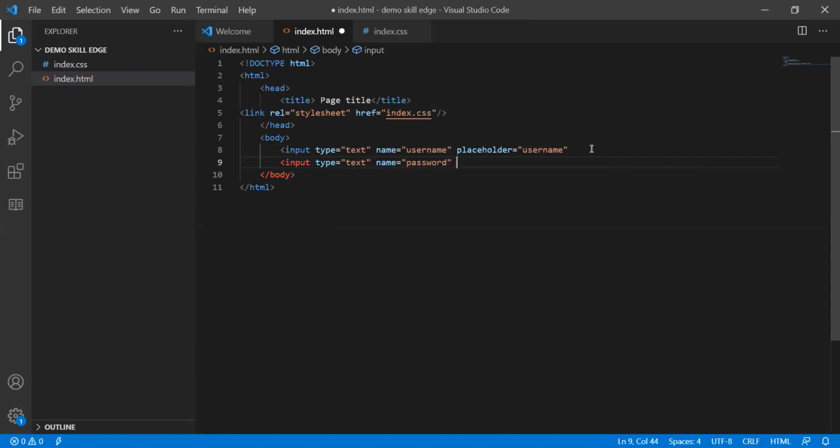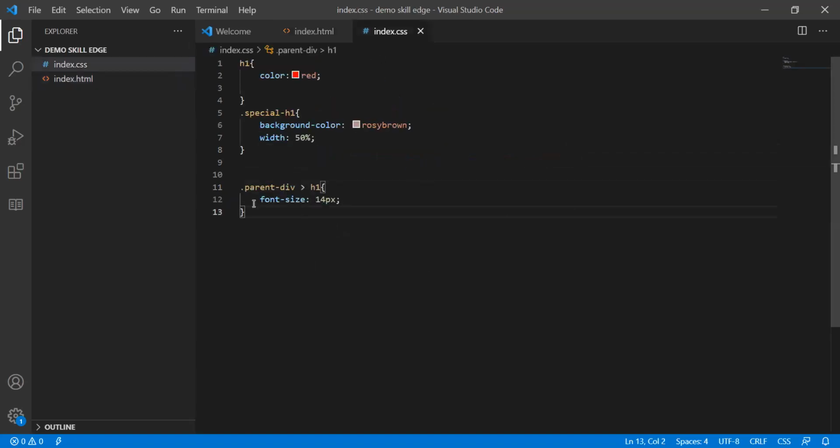So we will also have a placeholder for password. Password here. And I haven't closed something here, and it's been closed. So it's just as simple. I have created a username and a password.